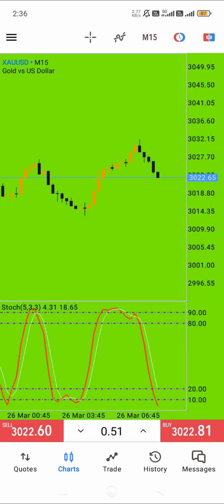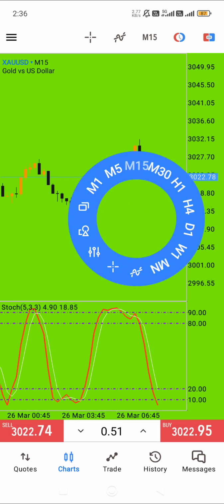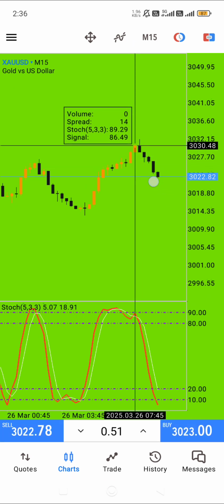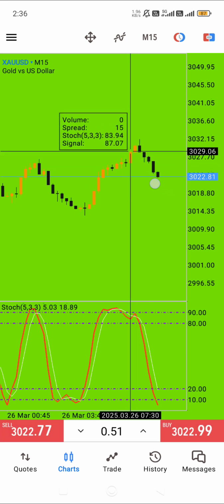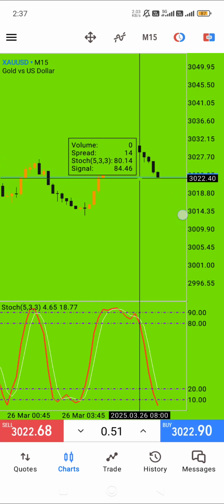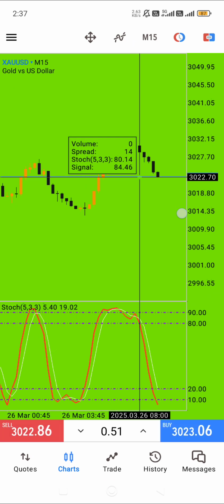5-minute time frame you can do here. Check the 5-minute time frames. There the candle crosses 80 and 90, crosses the market, and the market goes to the downside. Same with 10 and 20: when the market touches them, it will go up, as it goes into buy mode. That means 10 and 20 is oversold, but I will wait for confirmation. When it crosses above the 10 and 20 lines, then the market will go up.